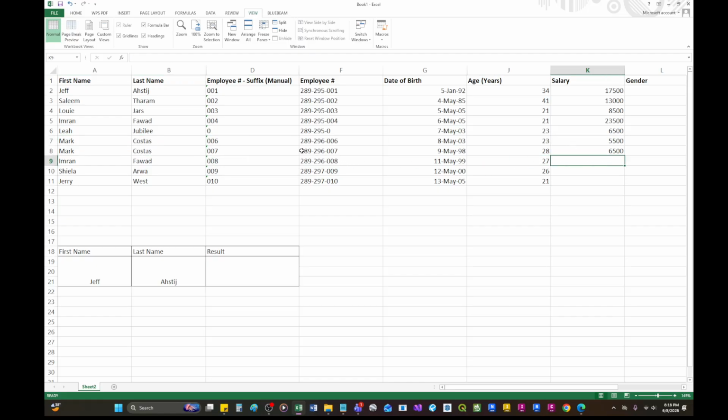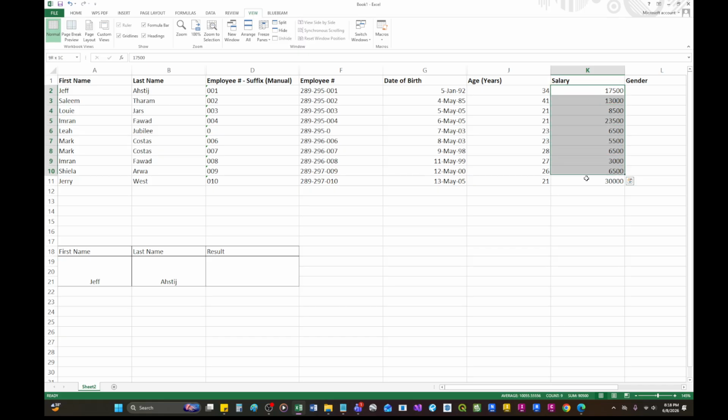And then this one will be 3,000, let's say. And Sheila will be 6,500 also. Jerry West, he sounds Western, so he should have a bigger salary because that's what's always happening. Okay, so these are the salaries of these people.